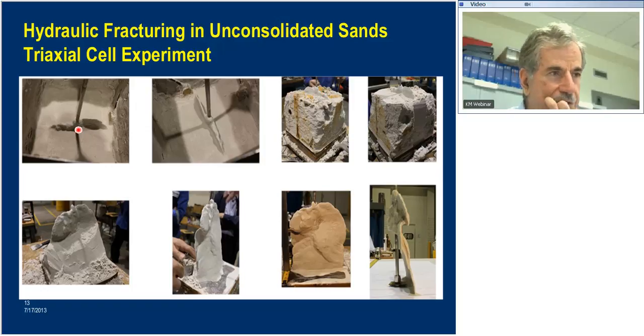And this here is looking top down from the top of the box. The sides of the box are still there. This is the pack of sand that we packed inside the box. This tube here represents the well, and there were some perforations at the bottom, and you see the fracture that we created in that sand experimentally by pumping fluid inside the tube here with a fracturing fluid that had a kind of glue in it basically, so that we can glue the sand where the fracture propagated and can see the features. So you see the top of the fracture here, and here it's the same with another